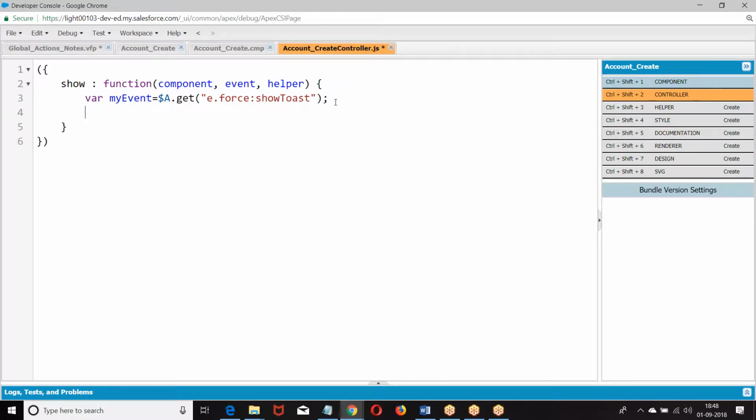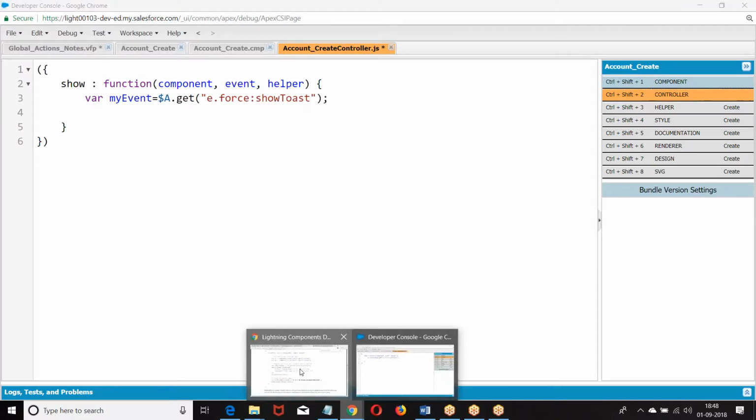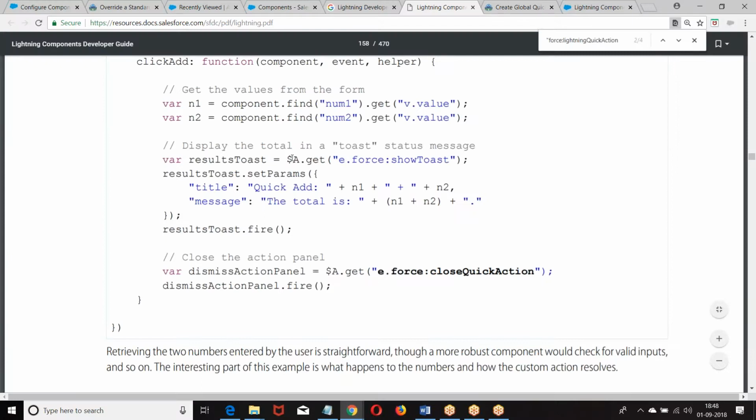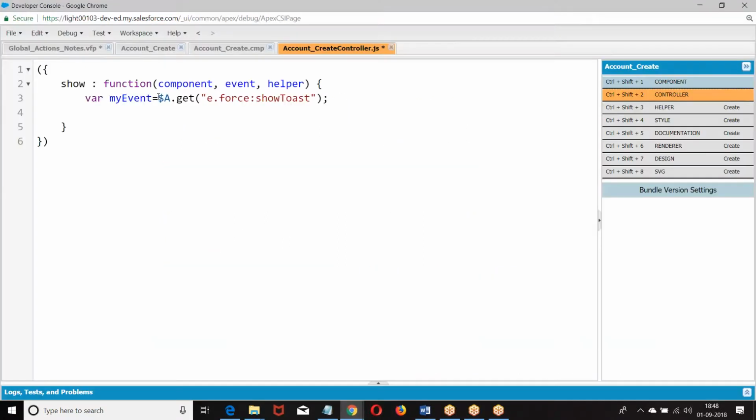Then we are supposed to set the parameters. So that's what I have given. Let me give you a copy paste of it to avoid the naming convention issue. Then what we are doing?